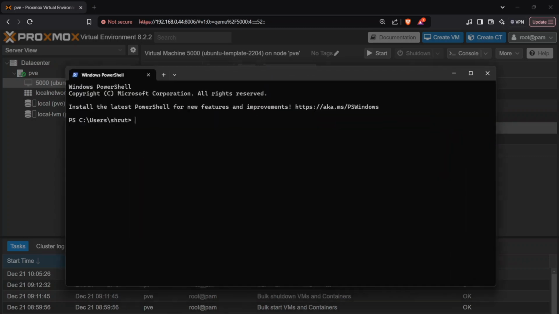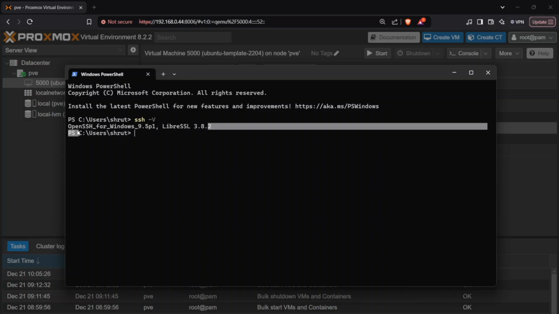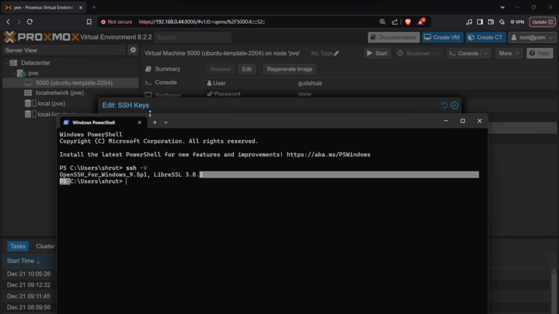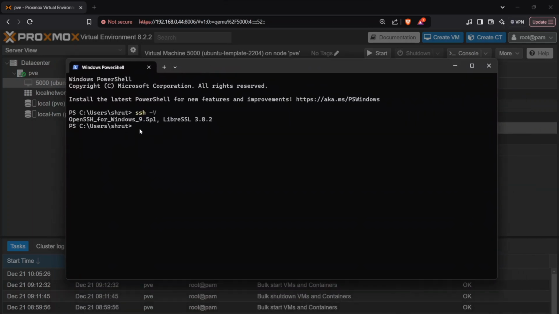This is very crucial. So let's move on to the terminal window and type in ssh -V for the version to see that OpenSSH is installed. If it's not installed, check out my other videos on installing OpenSSH and generating the SSH key. I will also show you in this video how to go step by step and generate the SSH key. So the better way to go here is to hit the command, which is